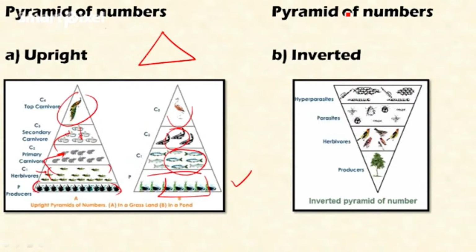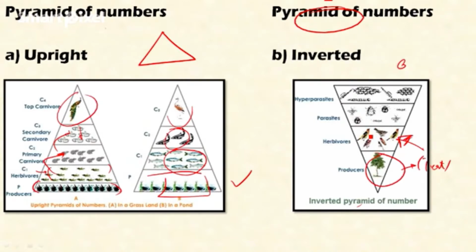So another category is the inverted position. Here we can see this in a terrestrial ecosystem, that is, the forest ecosystem. In the forest ecosystem, the number of trees is less when compared to the number of birds. For example, a single tree can support a lot of birds, which in turn